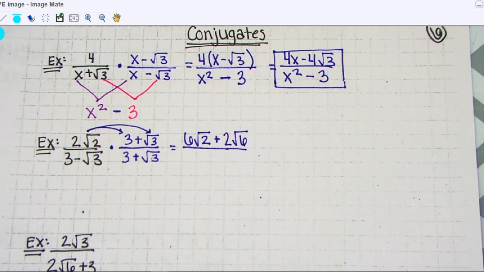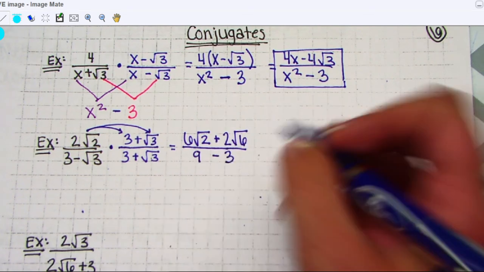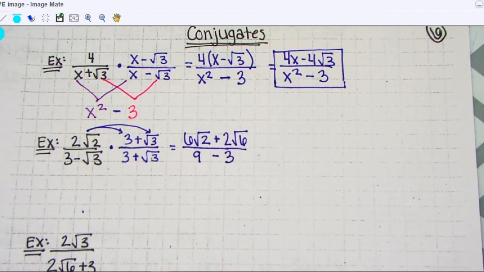What does the bottom become? So let's look back up at that top problem. How did we get x squared? 9 plus 3. Good. But it's not going to be plus. Minus. Yep. So it's going to be 9 minus 3. Remember what happens. This part right here